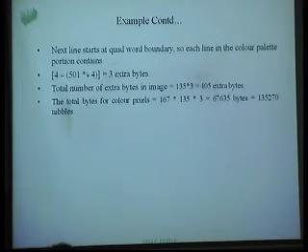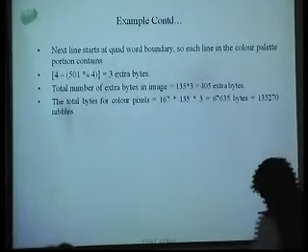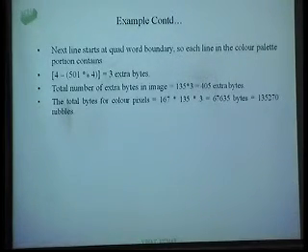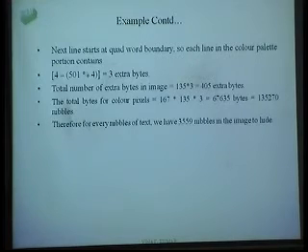The total bytes for the color pixels is this much. Color pixels means we take 3 bytes and multiply by 2, because every byte has two 4-bit nibbles. This much nibbles, correct? Therefore, for every nibble of the text, we have 3555 nibbles in the image to hide. So how are we doing it? The total n, you divide it by L, nothing else. That means 3559 such 4-bit blocks. You have this space to hide one 4-bit nibble from the message, a large area.